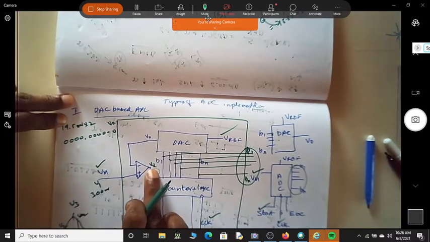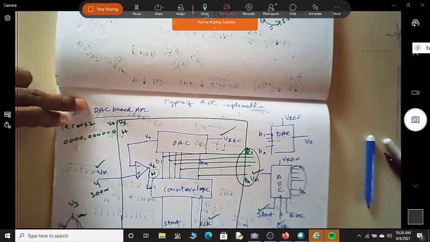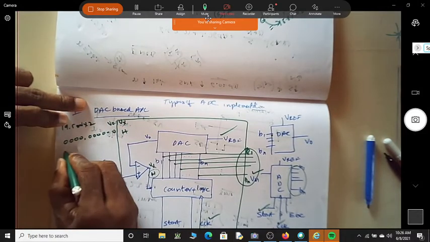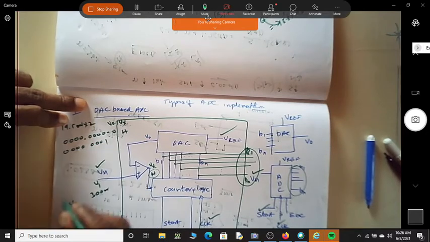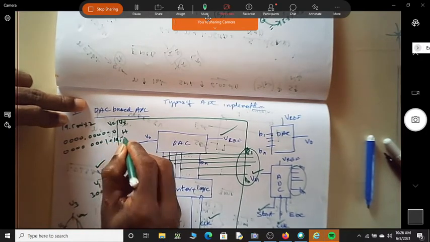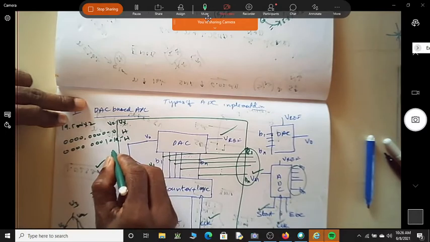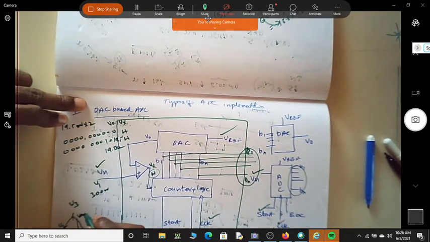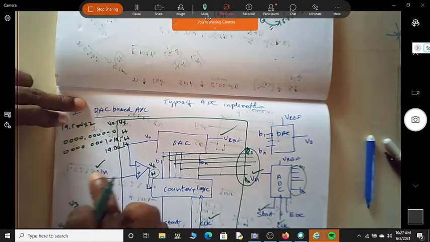Now, is this output Vx equal to high? Yes, sir. So then will it increment by 1 bit? Yes, sir. What is this V0? Is it 19.5 millivolt? Yes, sir. Is it still high? Yes, sir. Will it go to the next, will it become 19.5 into 2? Yes, sir. Is it still high? Yes, sir. So like this, till what amplitude does it go?